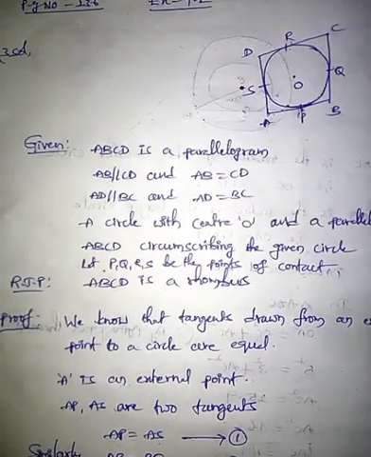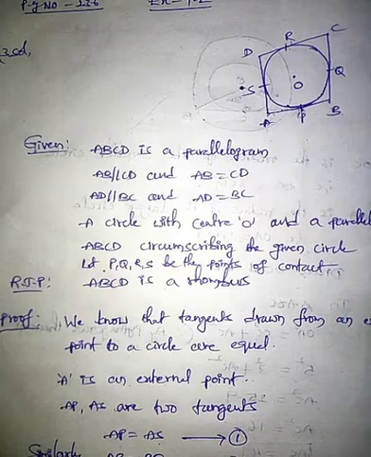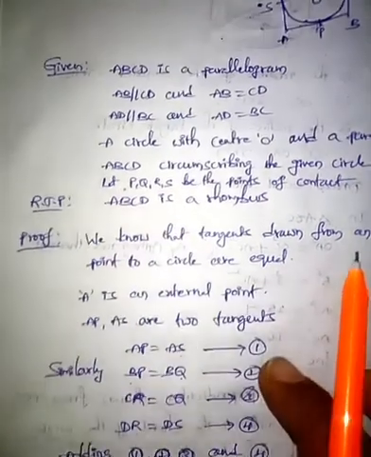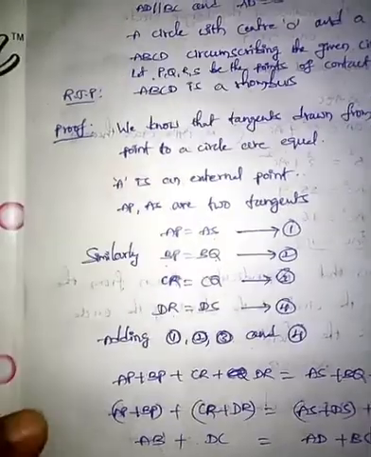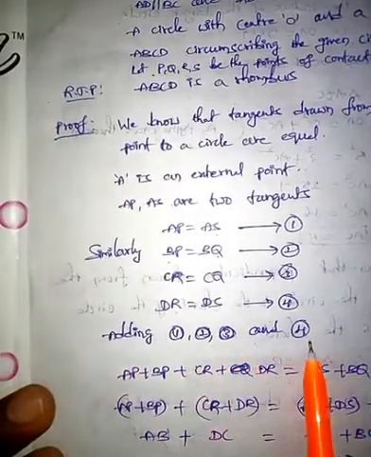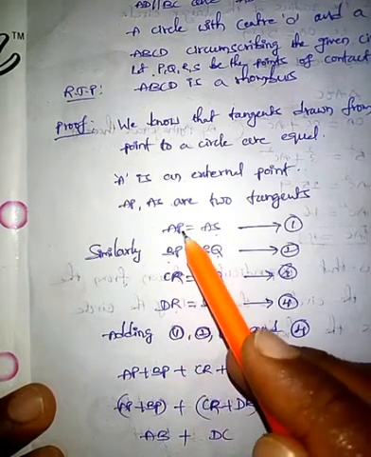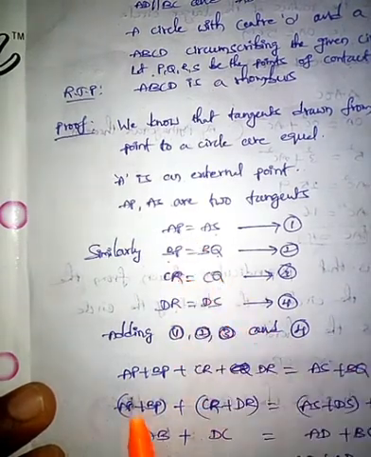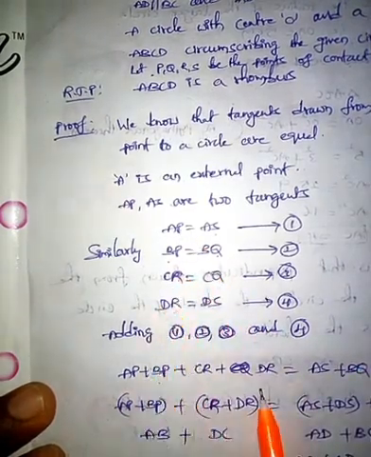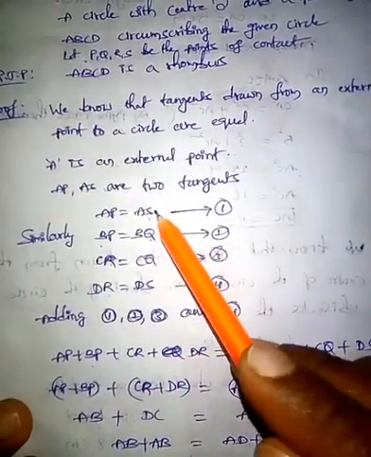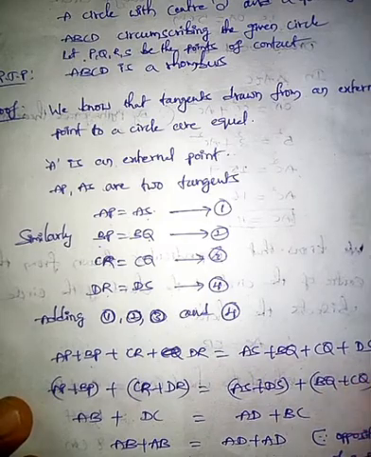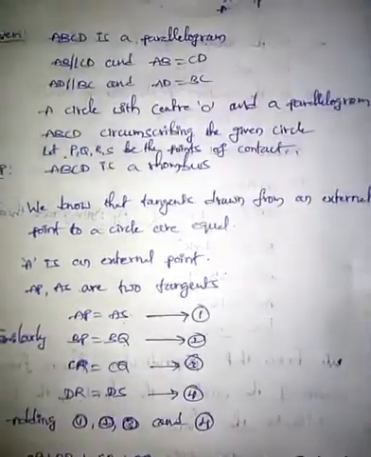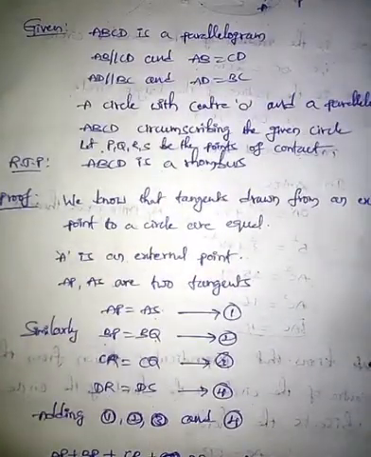If you want to solve this problem in future, you have to write in this way. Okay, then only it will be easy to solve, otherwise there is a small confusion. Adding equations 1, 2, 3 and 4, that is, add the LHS parts: AP plus BP plus CR plus DR equal to, now add the RHS parts: AS plus BQ plus CQ plus DS. Okay, now I am explaining why